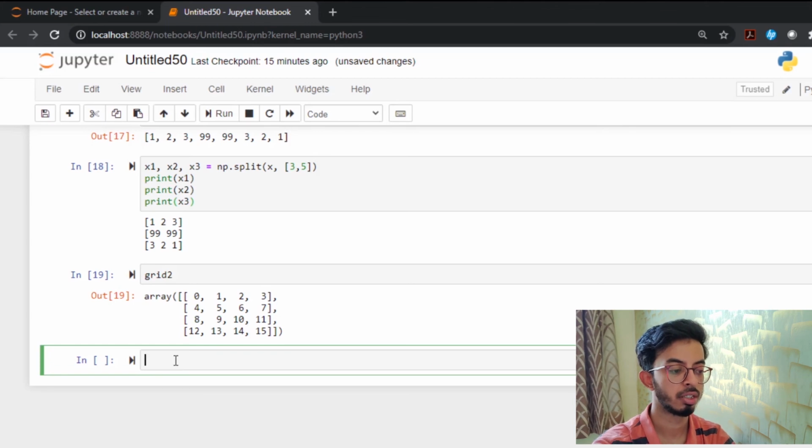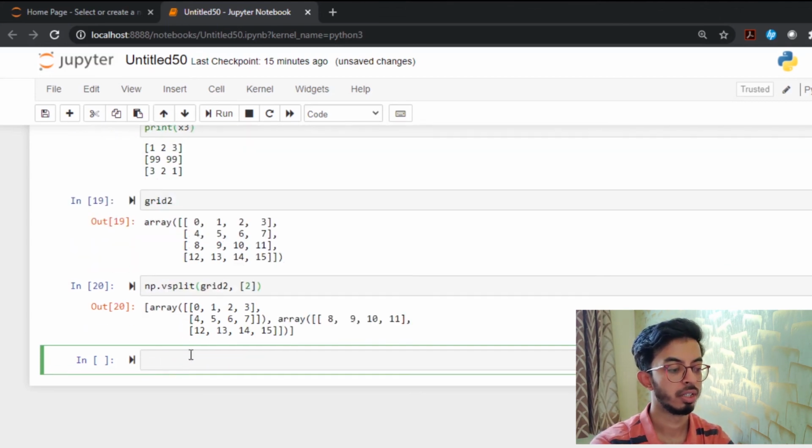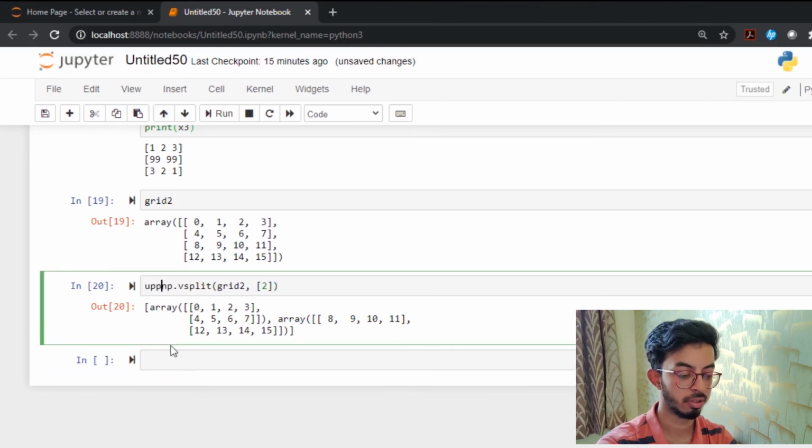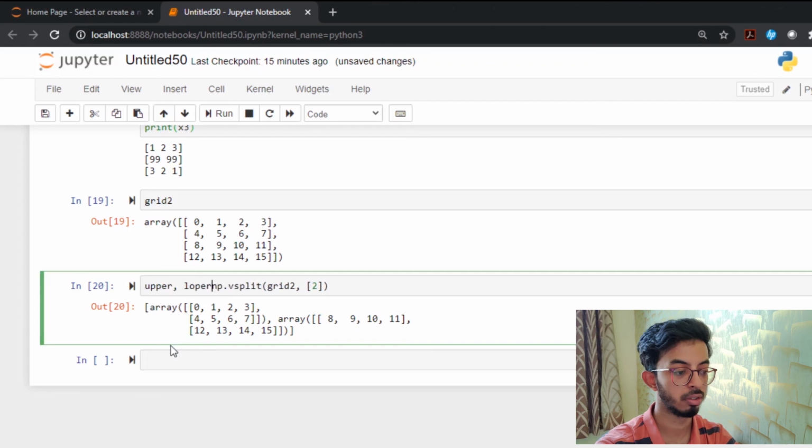So if you want to take grid 2 vertically apart, you can use np.vsplit. Which one would you want to split? I want to split grid 2. Where do you want to split? At 2. It is already split, but we didn't give any numbers, so let's give upper, lower.